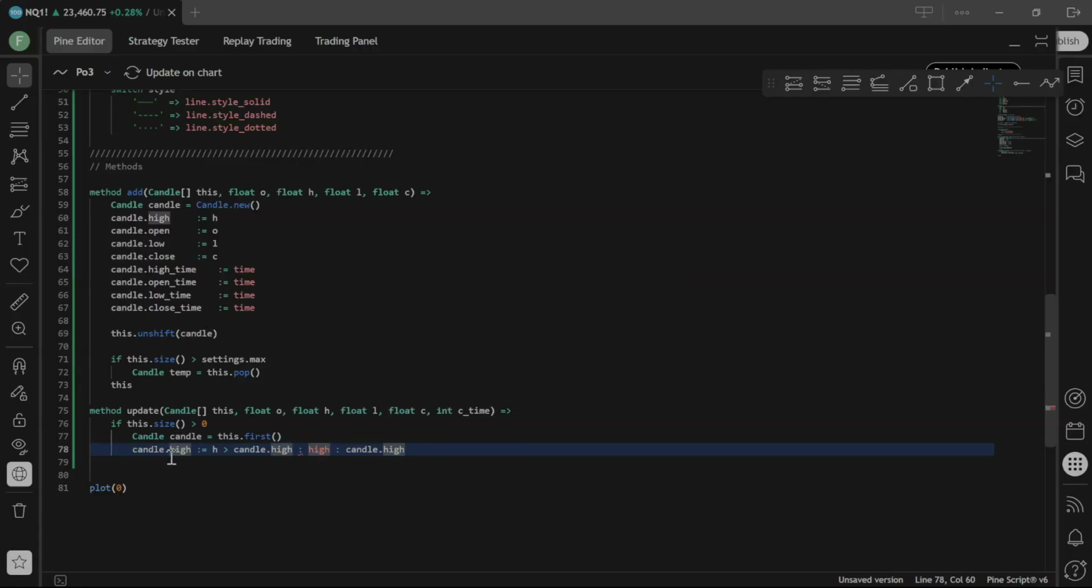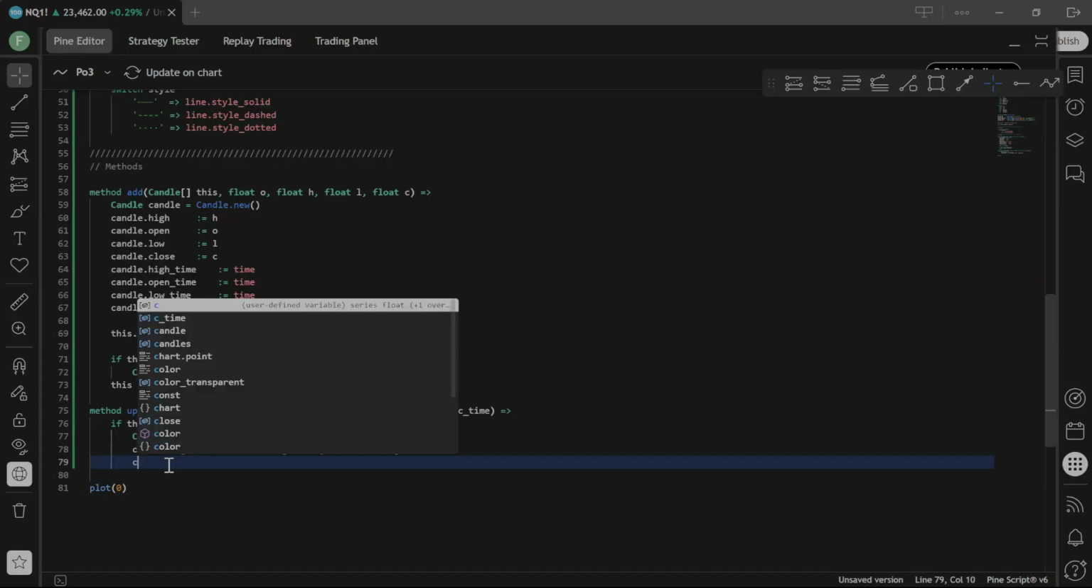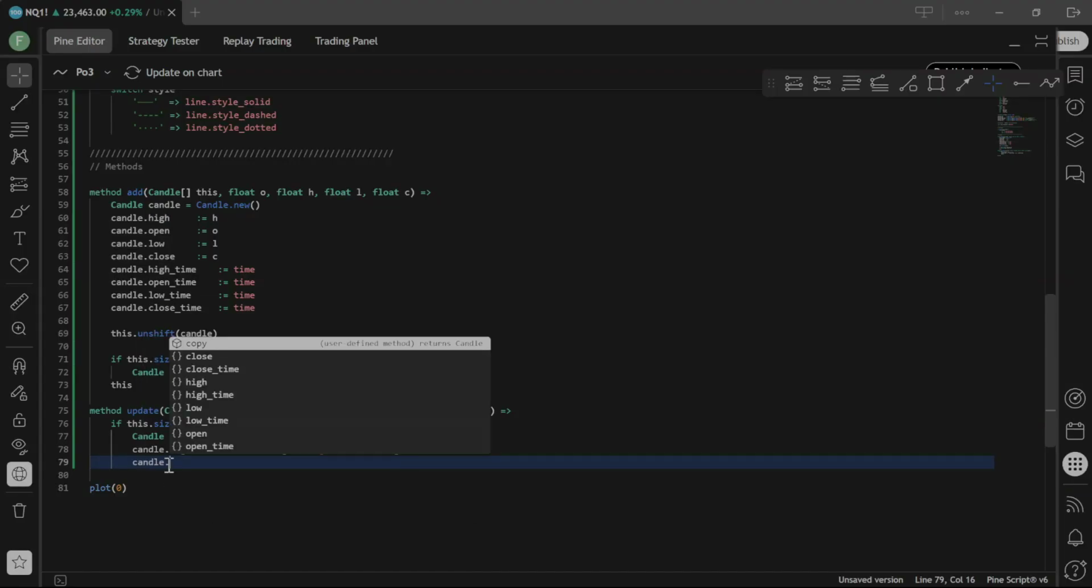What we're doing here is because we want to continue to update the latest candle. So every time there's an update, we check, do we have a new high? If yes, update the candle high. If not, just keep the same value. And we do the same for, let's see, candle dot, actually,